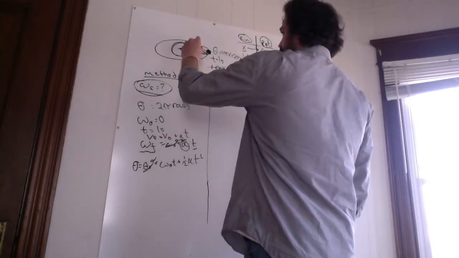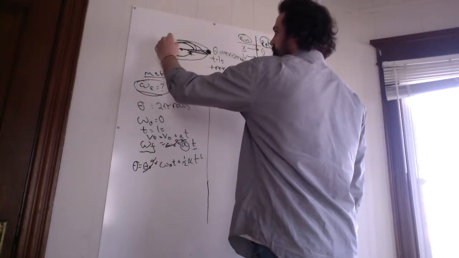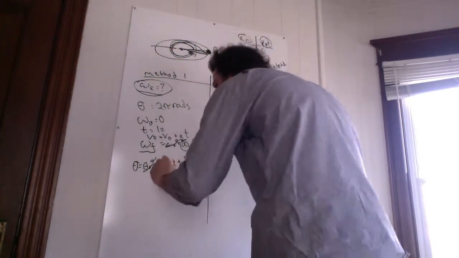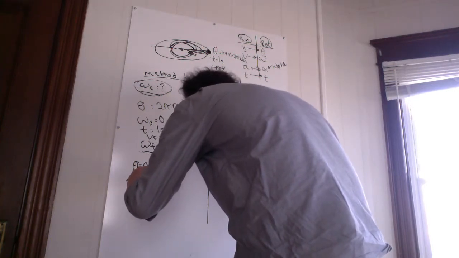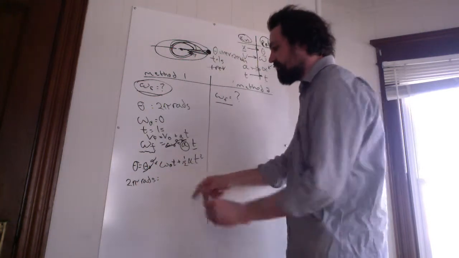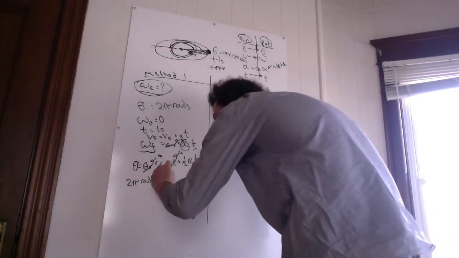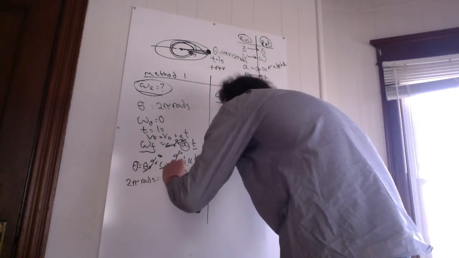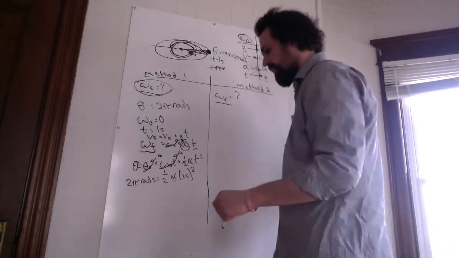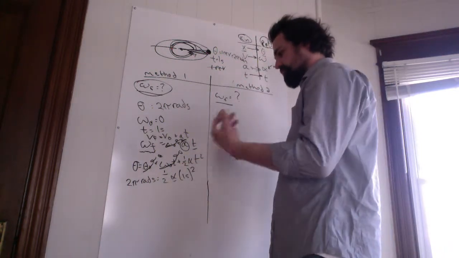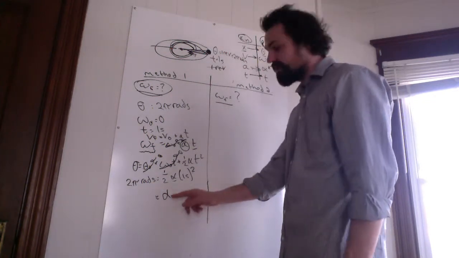The final position is 1 revolution, which is equal to 2 pi radians. So 2 pi radians equals omega naught, but we also know that that's 0, so we can get rid of that. And then we're left with 1/2 alpha times time, which is 1 second, squared. So then we just do a little math to solve for alpha, and we find that the angular acceleration, alpha,